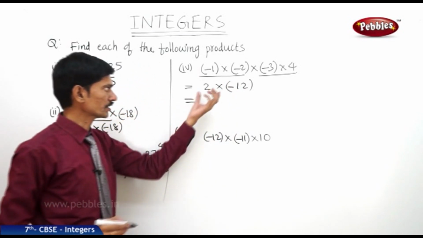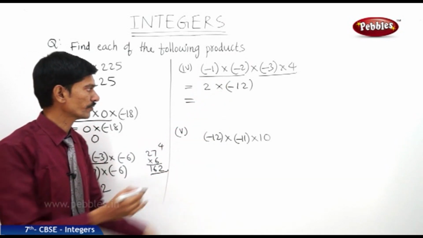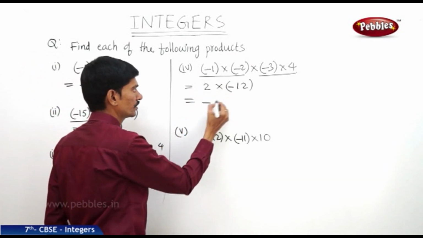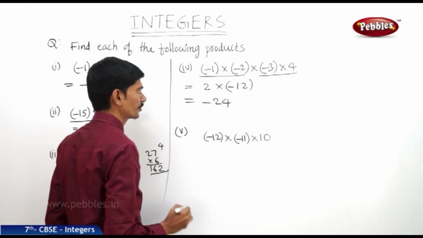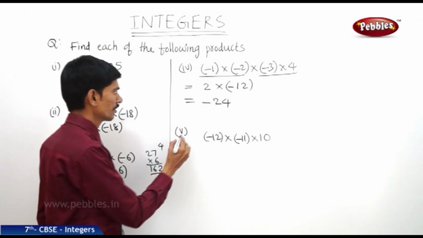Now this is the multiplication of a positive and a negative integer. Plus into minus is minus, and 2 12s are 24. So the product of the given four integers is minus 24. Now the next question,